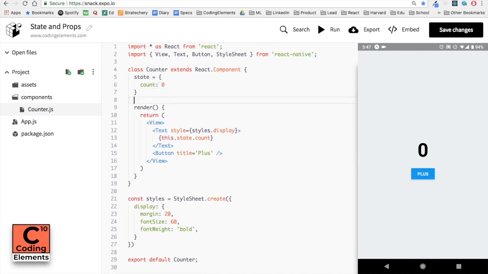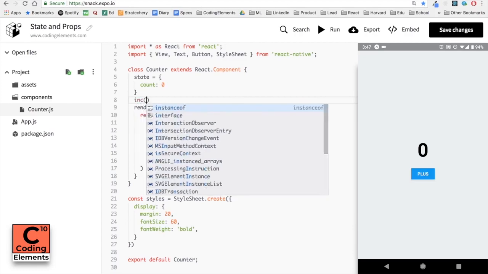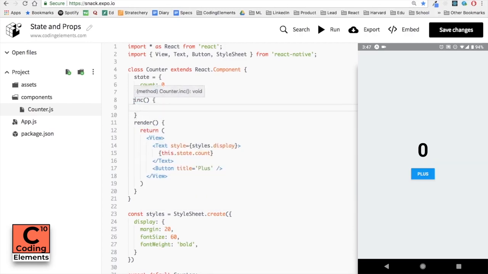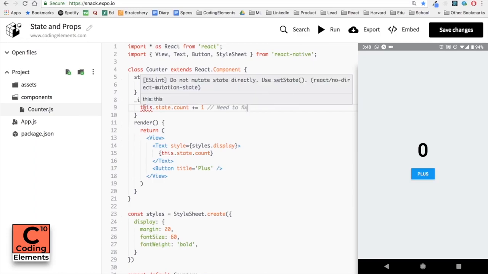So let's make a custom method and let's name it _inc for increment, and because this is a custom method, we put an underscore before it just for convention. Now this underscore is just a convention and thus it's not necessary, and in this method we write whatever the value of this.state.count is, we are adding 1 to it, so plus equals 1. But we will see that with this we are not getting the correct results because one thing is missing. But before that, let's try using this.